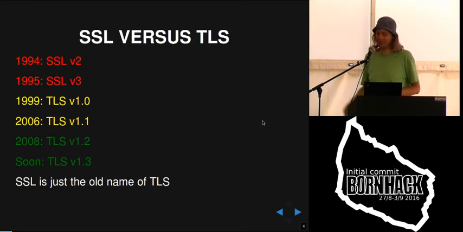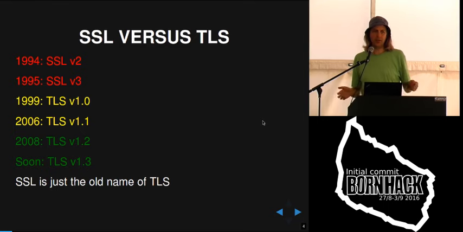The colors here indicate that all versions of the original SSL are insecure these days, so they have design security vulnerabilities that cannot be fixed. TLS 1.0 and 1.1 are at least problematic. So the only thing you should really use these days is TLS 1.2.